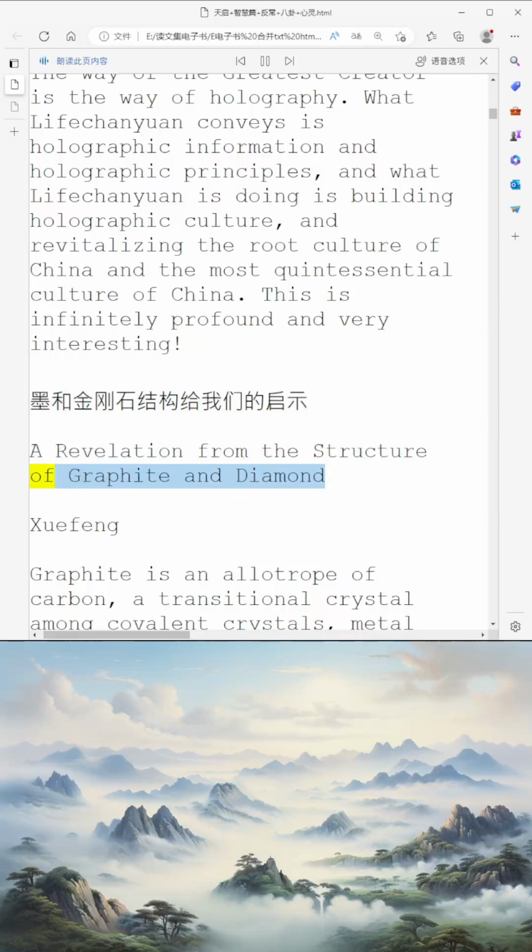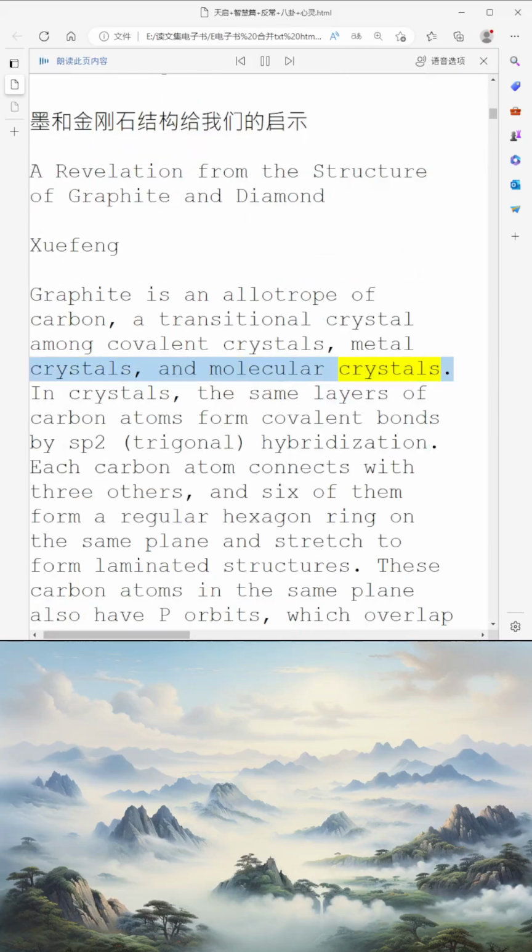Revelation from the structure of graphite and diamond. Graphite is an allotrope of carbon, a transitional crystal among covalent crystals, metal crystals, and molecular crystals. In crystals, the same layers of carbon atoms form covalent bonds by sp2, trigonal, hybridization. Each carbon atom connects with 3 others, and 6 of them form a regular hexagon ring on the same plane